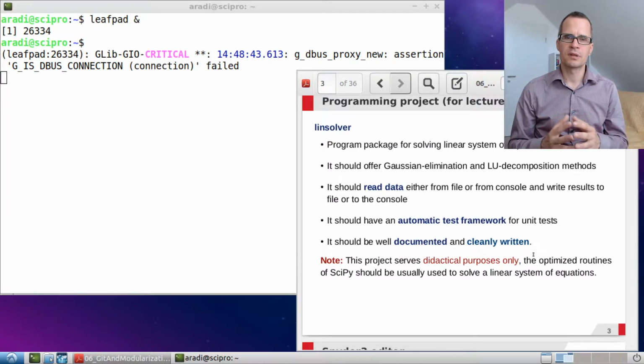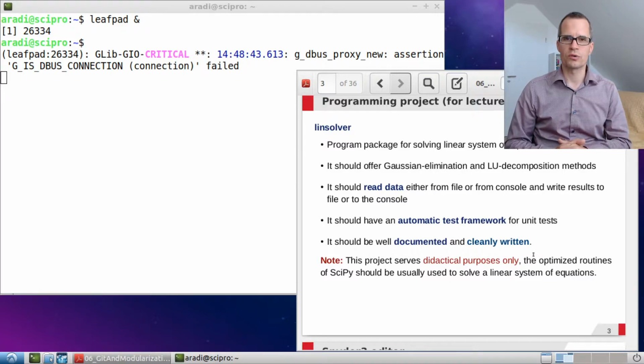Very important, we would like to have a test framework for our project. So right from the beginning we want to make sure that we can execute a kind of test and make sure whether the program delivers the results which we are expecting, and also to make sure that once we have a feature, if we develop the project further, there should be a way to say, yeah, the feature which we have implemented before is still working. And for that we will set up an automatic test framework. And last but not least, of course, we want to make sure that our project is well documented and also cleanly written, so that everybody could follow what the project does, and help us to develop it